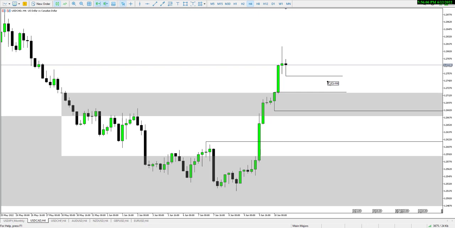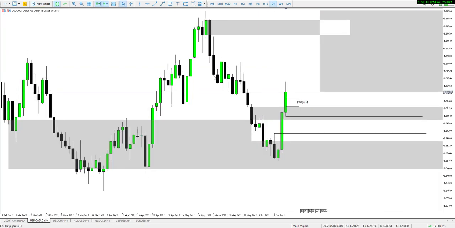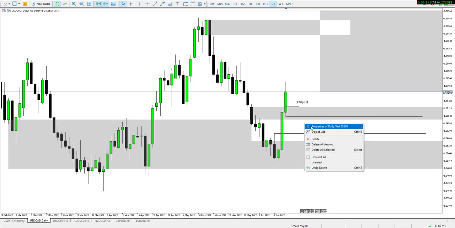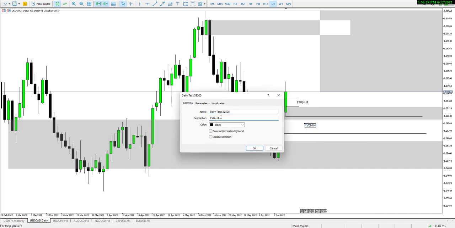Now remember the gray shaded area. What is the gray shaded area? I'm going to go back to the daily, and then what do we have here? That's our weekly bullish order block. And then we've got our daily fair value gap right here. Let me mark it out. D1,